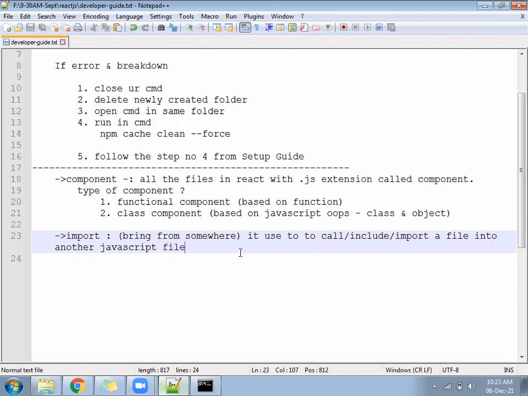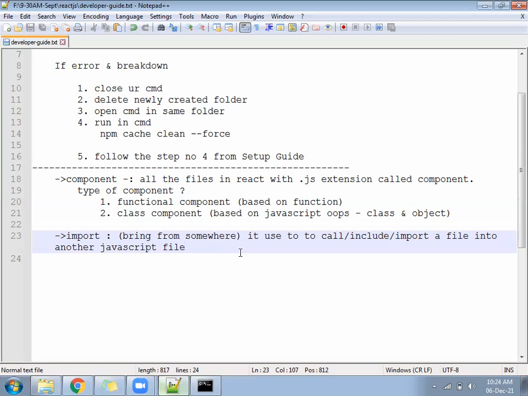Someone can carry it from one place to another, but a house is not portable. So we cannot say import house, we can say import laptop. A laptop is ready to carry, but a house is not. That way also you can understand. If something is ready to bring, we can say it is able to import. If the thing itself says, no, you cannot import me, then definitely it is unable to export.